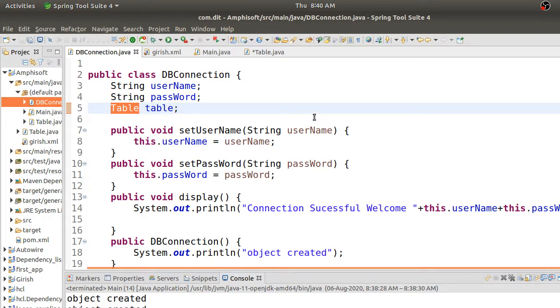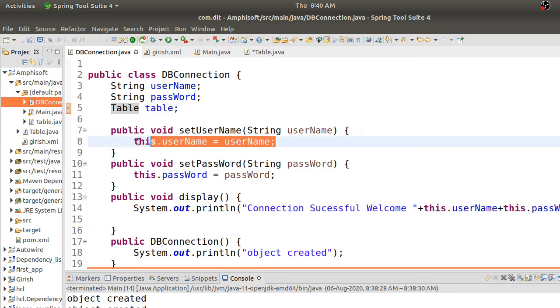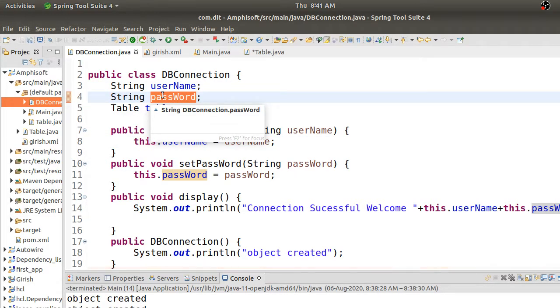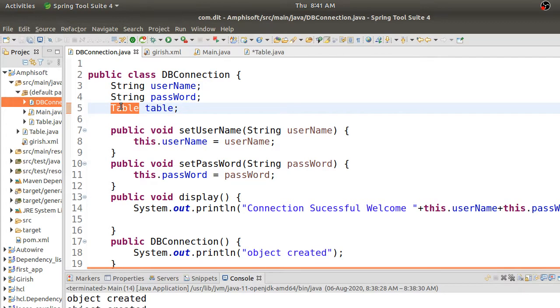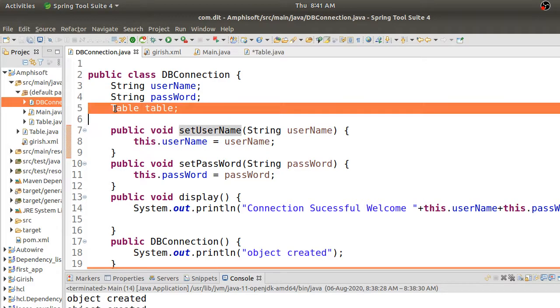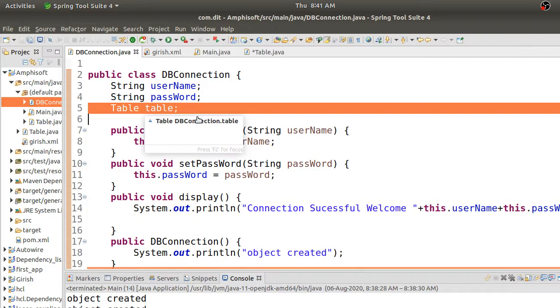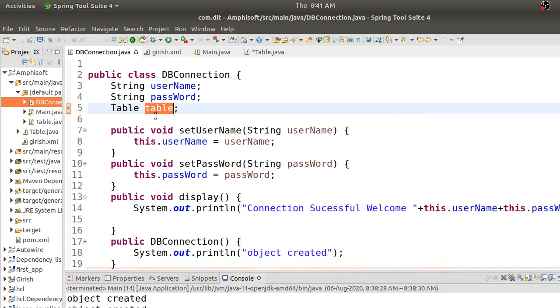So previously I was injecting the dependencies with setters and also constructors using normal string type of data, right? What if there is an object? How do you inject this dependency? How will Spring inject this dependency? Now the question is, the moment you write this, there should be some setter method to set this value. Obviously if you are doing setter injection, there should be a setter method to inject it. If it is a constructor, you should have a constructor. As of now we'll see setter injection, then we can see constructor injection.